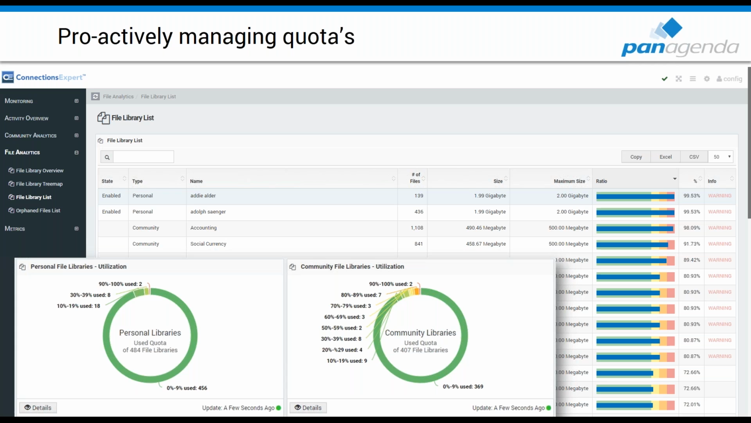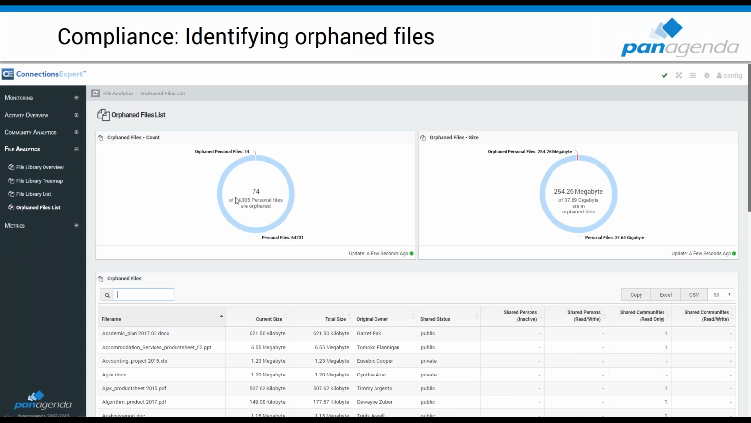Managing quotas. If you have quotas on your system, which most systems do, then being able to see which communities and which users are running into problems there can really help you prevent them from running into it themselves. You don't want a user to find out that he can't upload a file because his quota has been reached. So if you see that a user has already reached 80 or 90% of his quota, then you can consider giving him more quota,